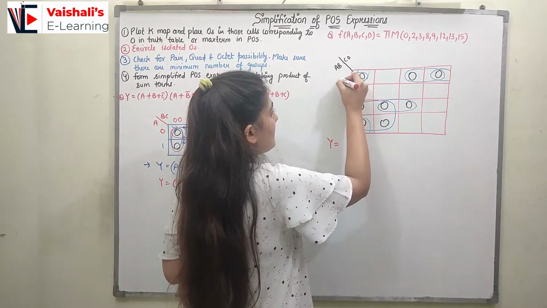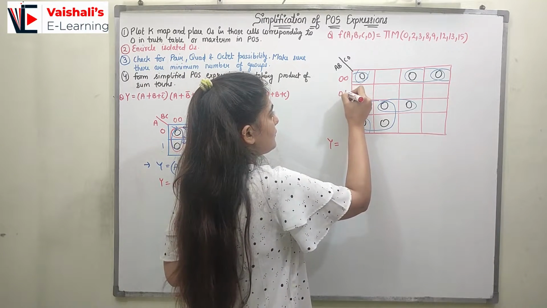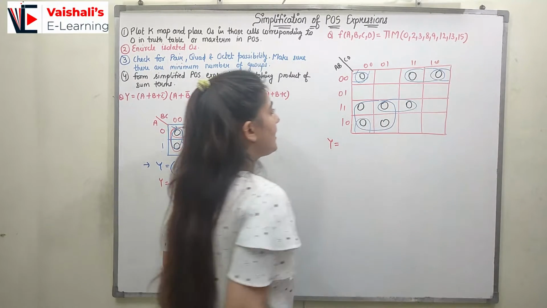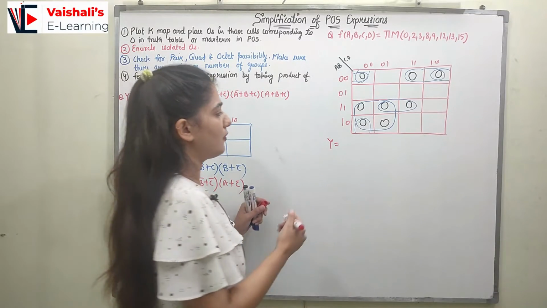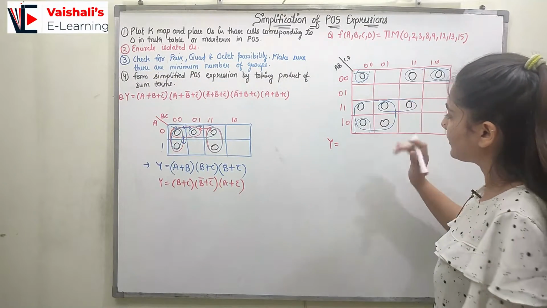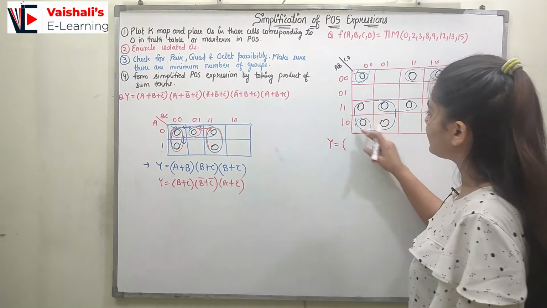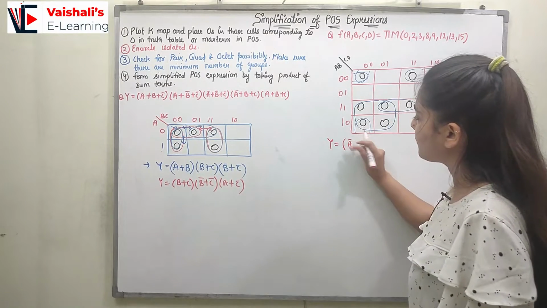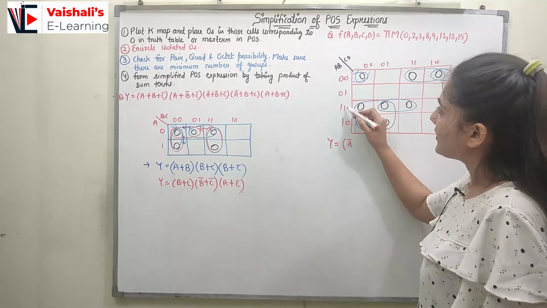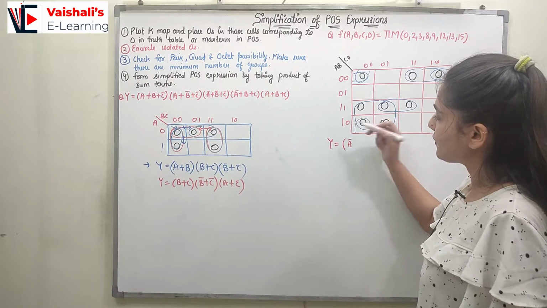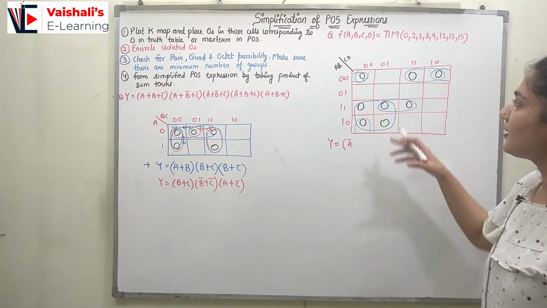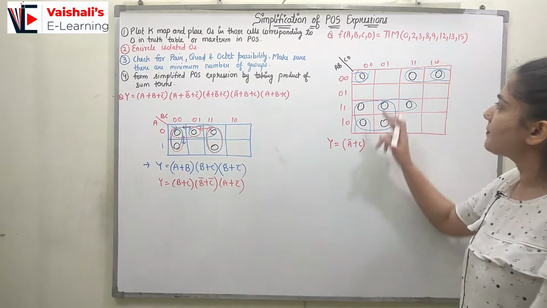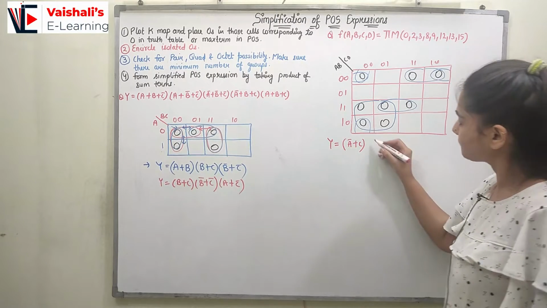So here we will be putting all the values of AB: 0 0, 0 1, 1 1, 1 0, and 0 0, 0 1, 1 1, 1 0, right? So now let's understand how we are going to solve it. First of all let's look at the quad. For the quad we have these 4 zeros, and here if I look at A is same, which is not changing, which is 1, so it is represented as A bar. B is changing, which is 1 to 0 changing, so I am not representing B, it is skipped. After that here you can see C is same, so it is represented as A bar plus C. D is changing, we have skipped it.